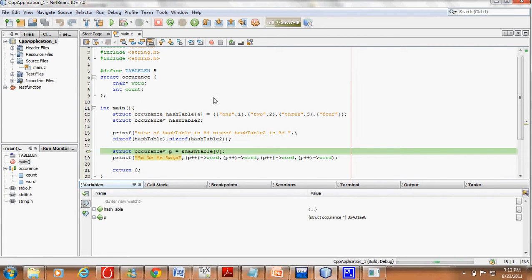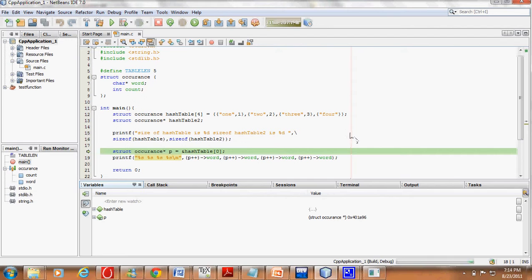So that's why this will compile, and the space that will be reserved is 4 into size of the occurrence structure, and that will be 4 plus 4, that is 8 into 4, 32, and size of hash table 2, that is a pointer, so it will be just simply the size of any pointer assumed in this, that is 4.